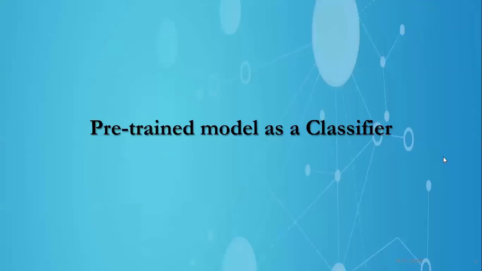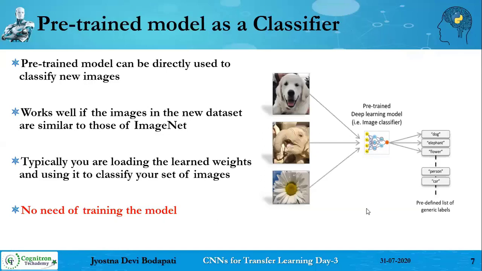The first strategy we already discussed: the pre-trained model as a classifier. You can think of this network as a VGG16 model, and the model is already trained. You just need to use a single line of code in the API to load your VGG16 model, and then when your images are passed to that model, you will get the output. That's what we discussed in the last class, right? Also in the hands-on session. So it was very clear how to use the pre-trained model for classification of random images.